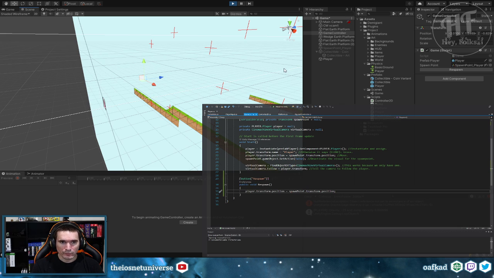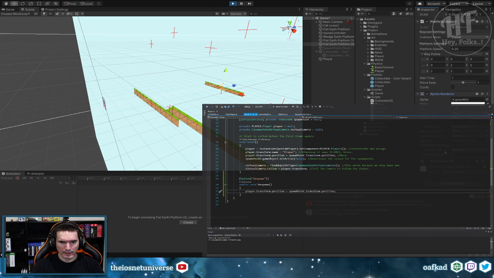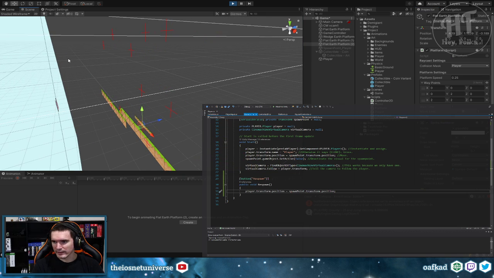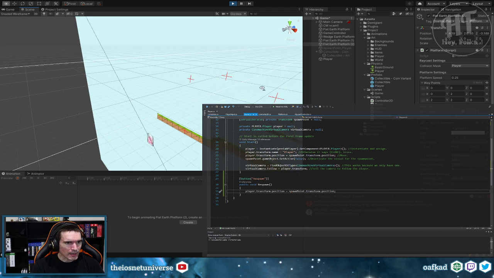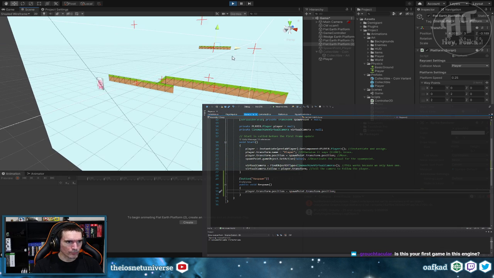Now, the reason this works is because there's multiple ways to layer objects, and the way I'm layering sprites in this is by using the order and layer rather than the Z position. In most cases, I actually goofed on a few things, so we'll fix that later, because it all really should be one layer with maybe some slight Z offset for convenience. These red arrows are actually a gizmo that I'm drawing so that I can tell where